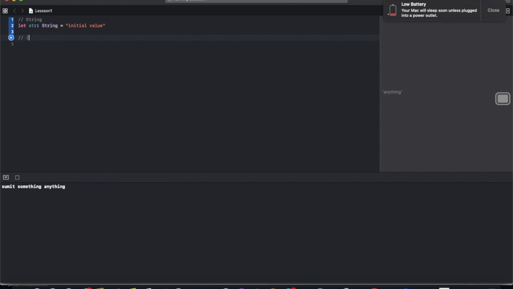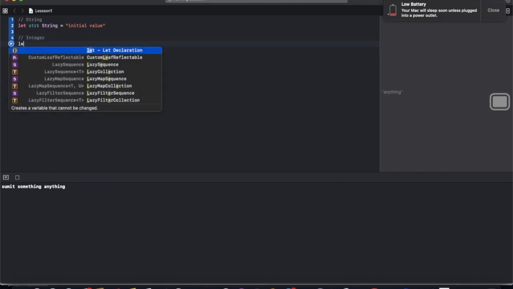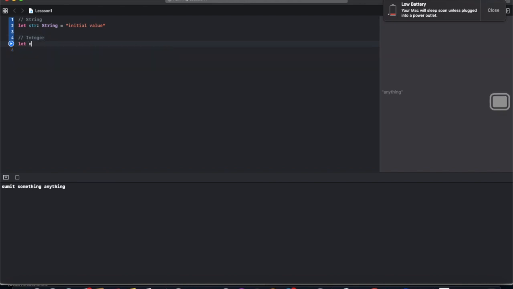We have integer. Let number, type Int, and any value.